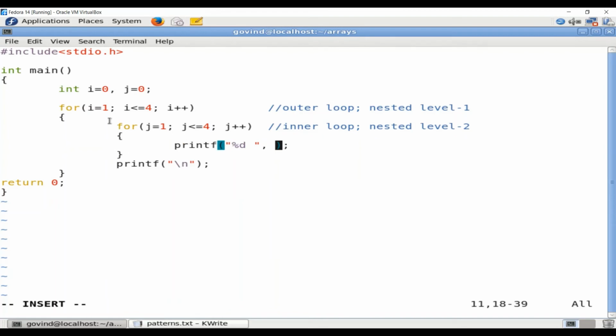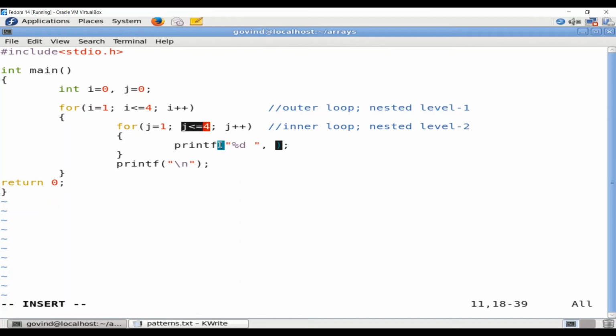The execution goes like this: when i is 1, 1 less than or equal to 4 is true. Hence, the innermost loop executes with j equal to 1, which is 1 less than or equal to 4. Note that the value of i is still 1. Then it executes printf. j becomes 2, 2 less than or equal to 4, true.